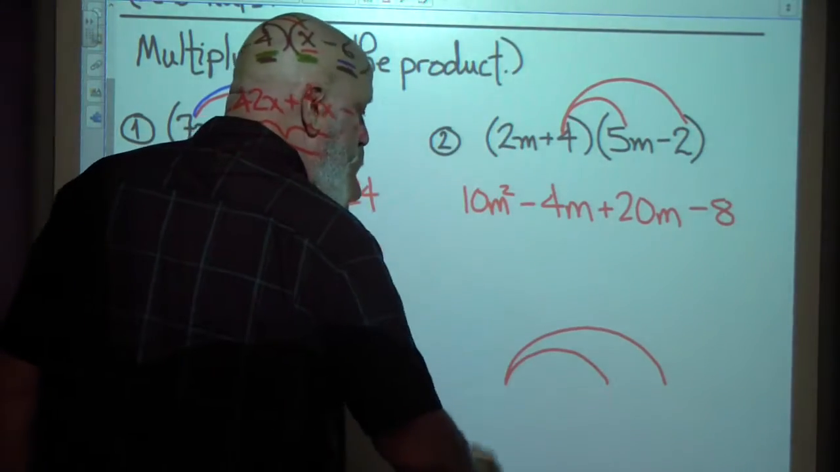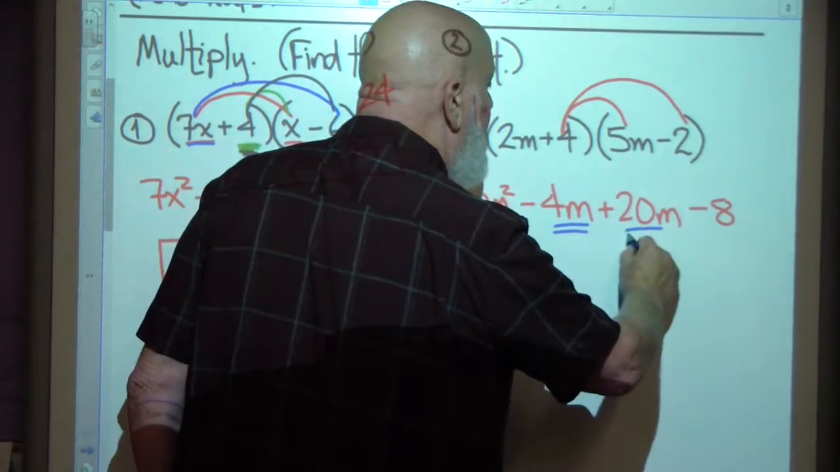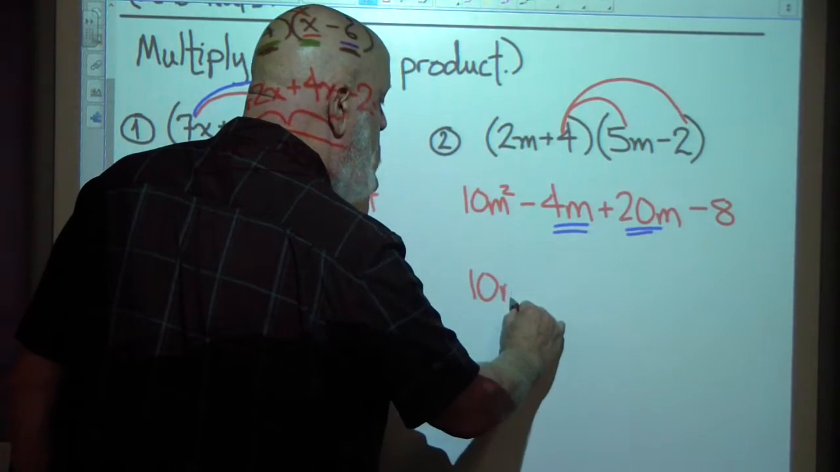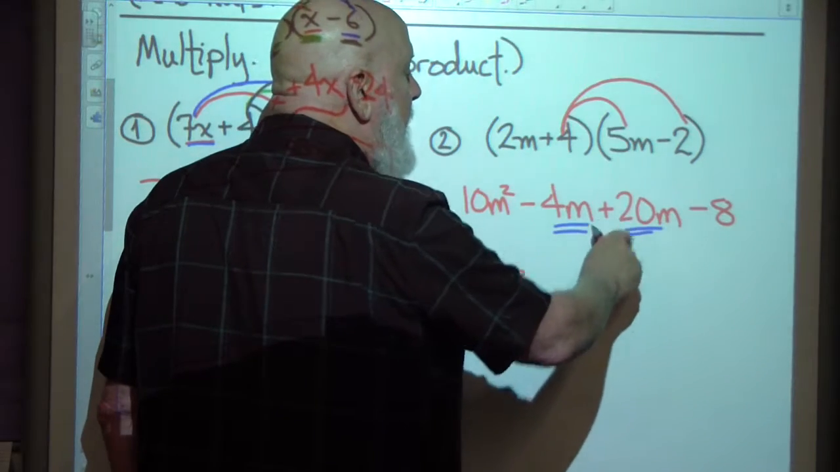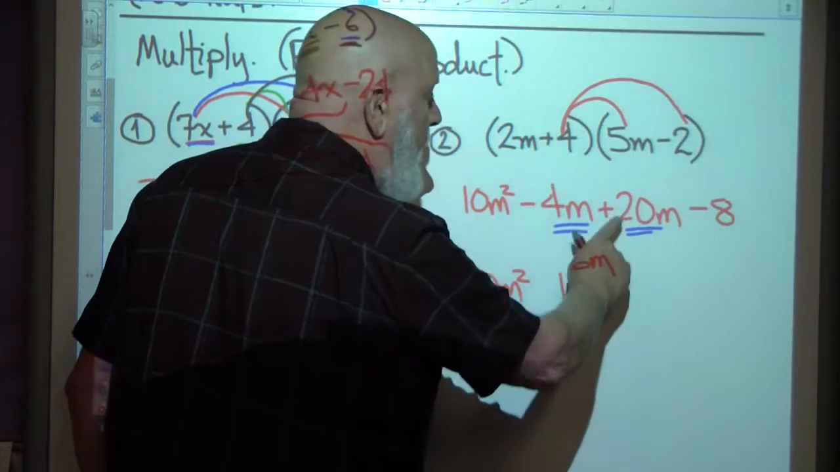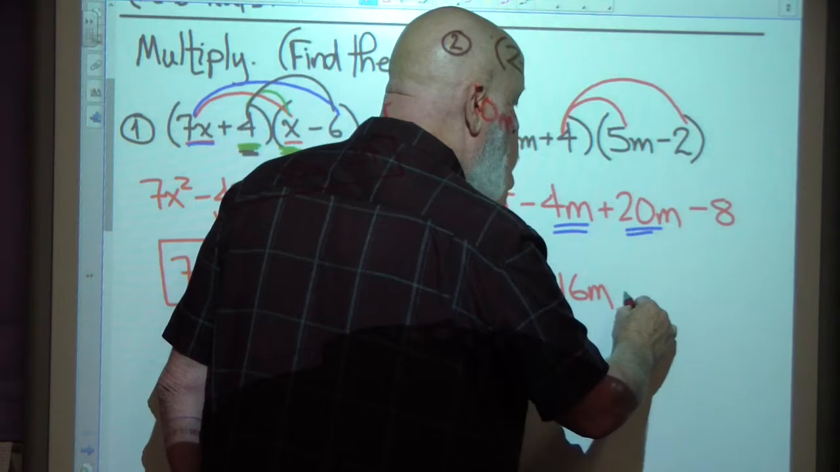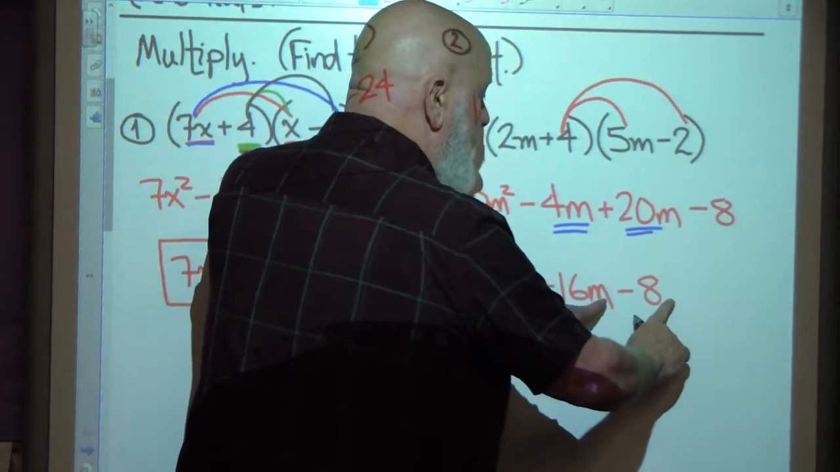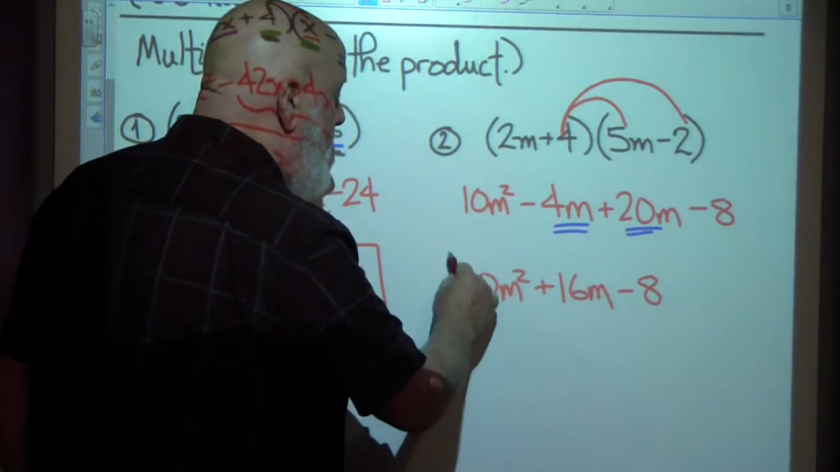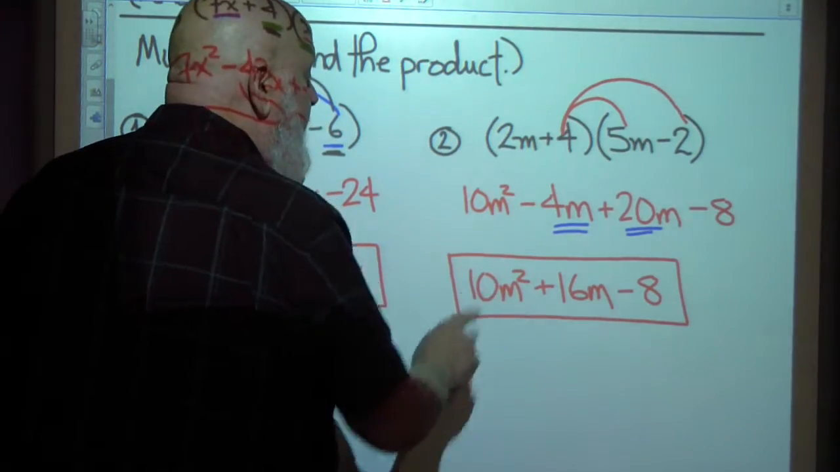Then I combine any like terms. And these are my like terms right here. I wind up with 10m squared. Negative 4m plus 20m, they're different signs, so I'm going to subtract them and keep the sign of the one with the greater absolute value. And negative 8 won't combine with anything because it doesn't have the same variable as anything else. It's just a constant. There are no other constants. So barring any mistakes, that's the correct response for number